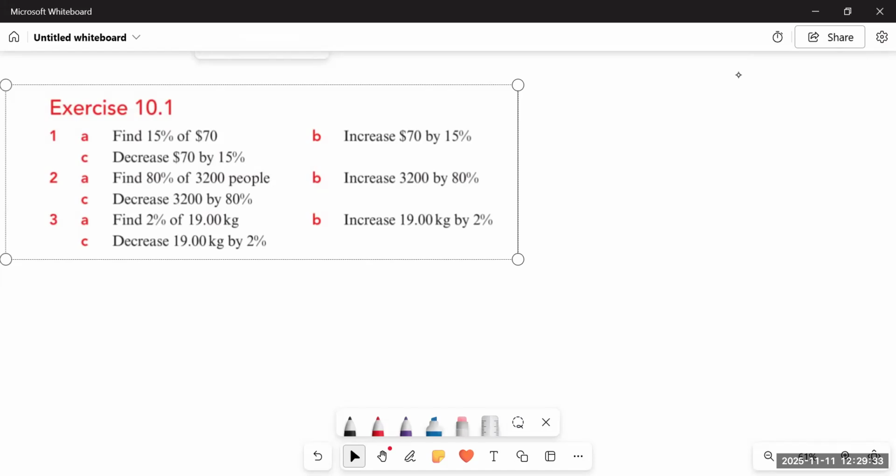Percentages are often used instead of actual values in articles in newspapers, in magazines, on the internet, and on television. Like you will find headlines such as unemployment hits 10%, shop prices reduced by 20%, discount of 25%, 58% of university students are women. You can see that in some cases, the actual values are given. In other cases, the percentage increase or decrease is given instead of the absolute values.